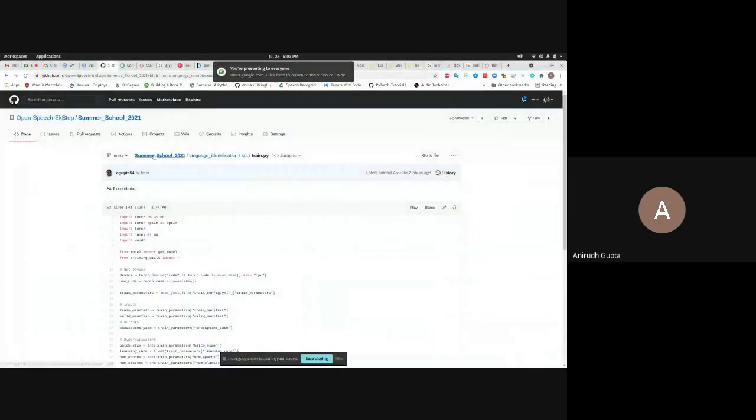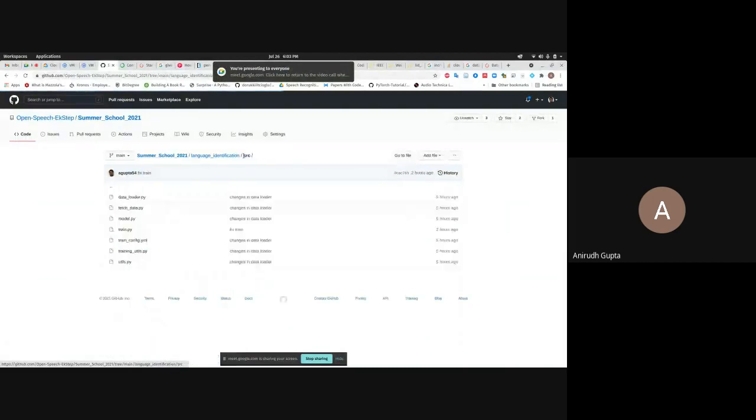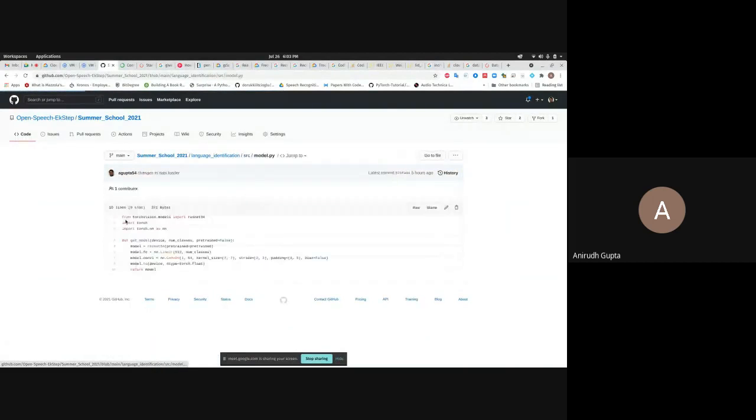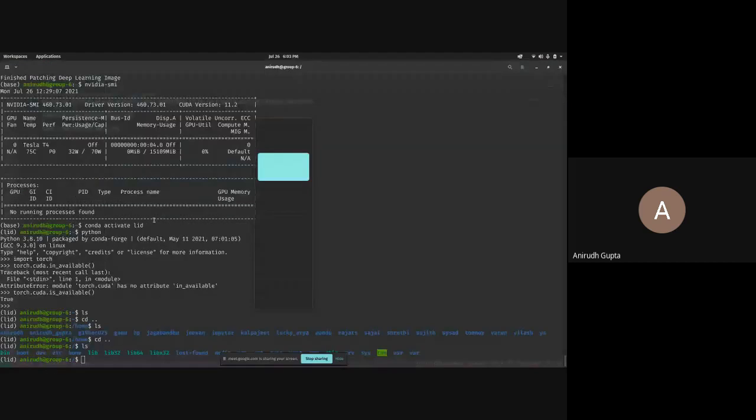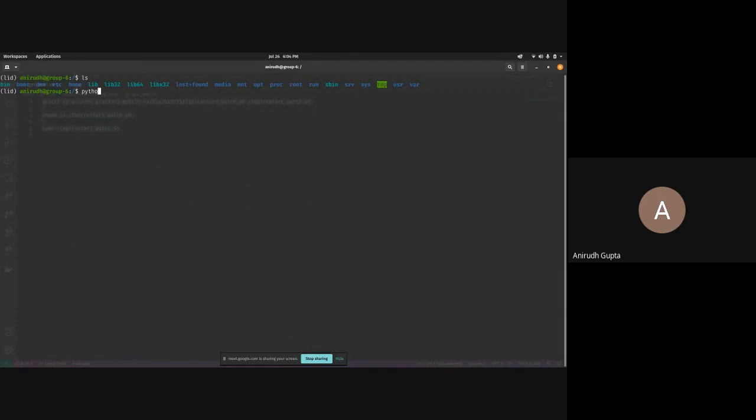So one thing I think was being asked. I think it's important to see what's happening here. If you are able to see my screen, there's this model.py. I'll just show what's happening here and what we are doing. I am inside some instance. I'll just import this